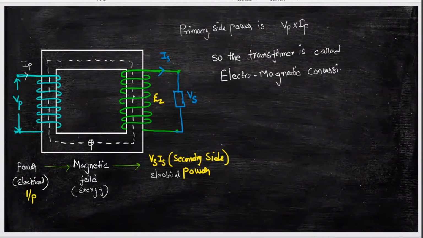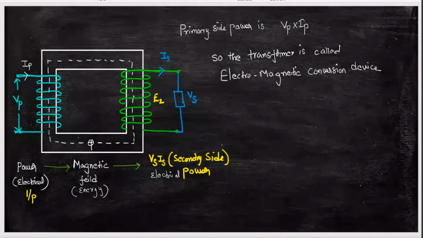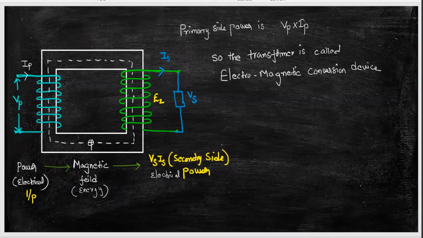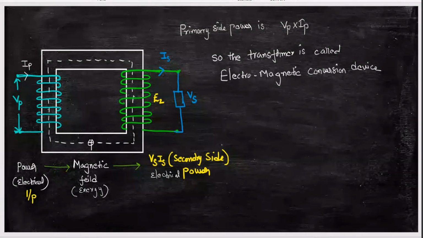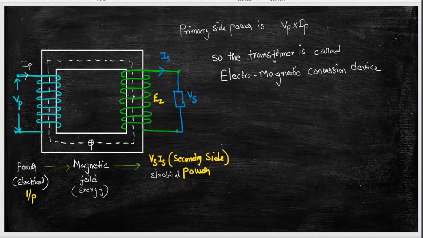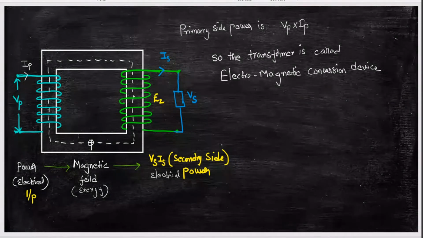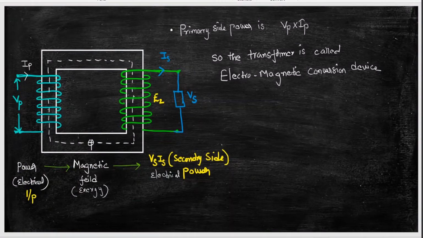Okay, electromagnetic conversion device. Why am I calling it an electromagnetic conversion device? Because the electrical energy is converted into magnetic energy, and again magnetic energy is converted into electrical energy. So this transformer, I can call it an electromagnetic conversion device. So this is one point. This is the second point. And the third point is,